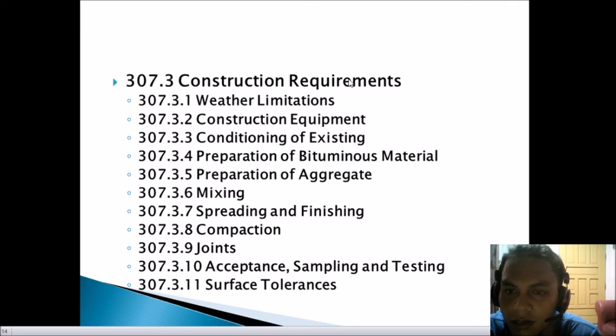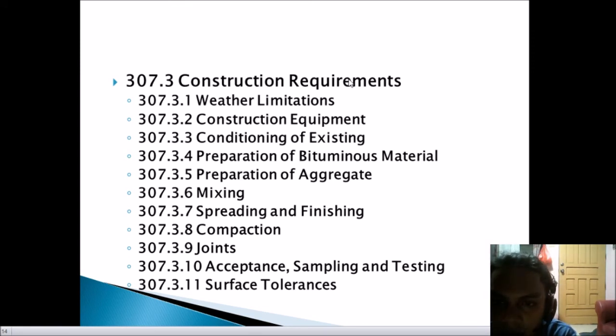So the contractor shall cut full depth samples as directed from the finished pavement. The samples shall be neatly cut by saw or core drill. Each sample shall be at least 150 mm by 150 mm or 100 mm diameter, full depth. Pag magkuha ng sample, i-testing na itong 150 by 150 mm or 100 mm, then full depth. So next is the surface tolerance.